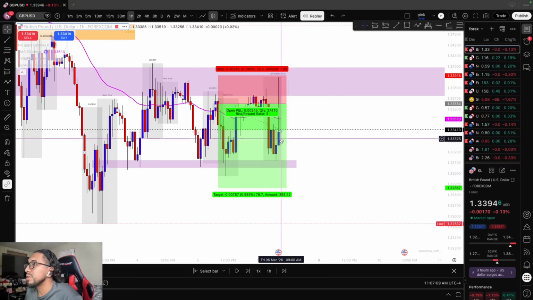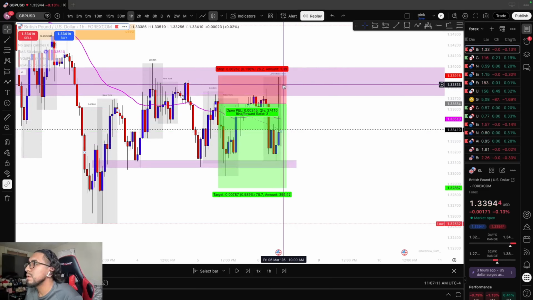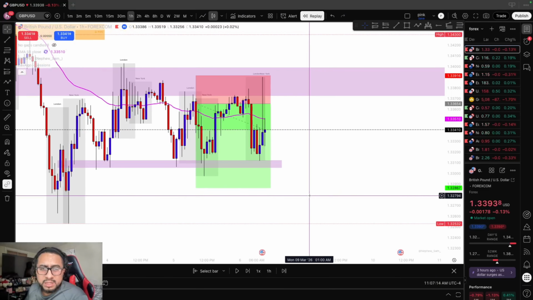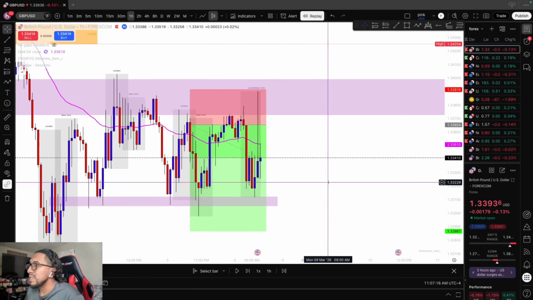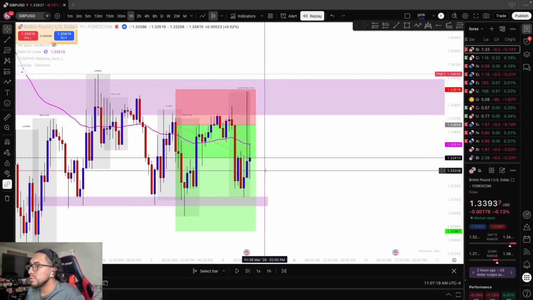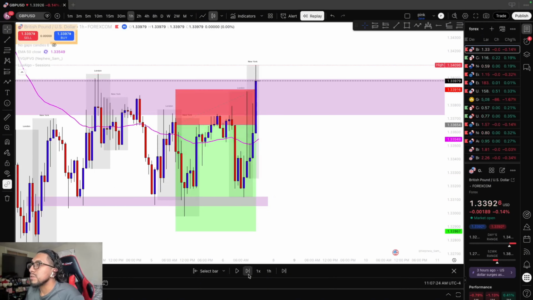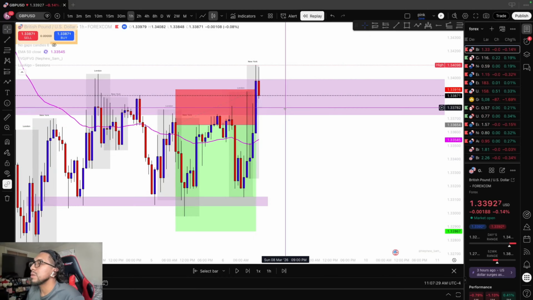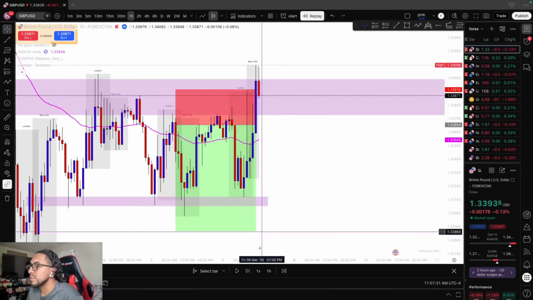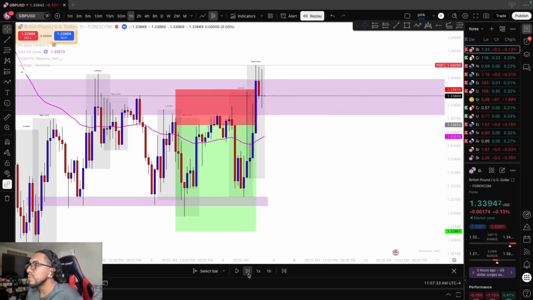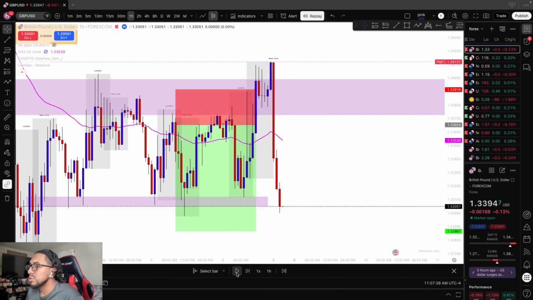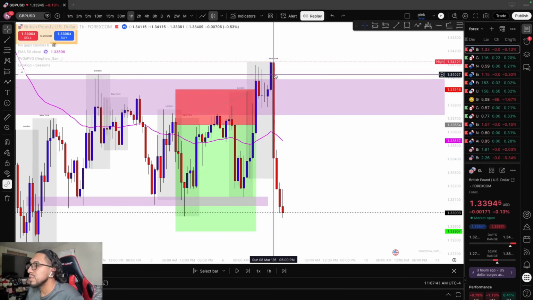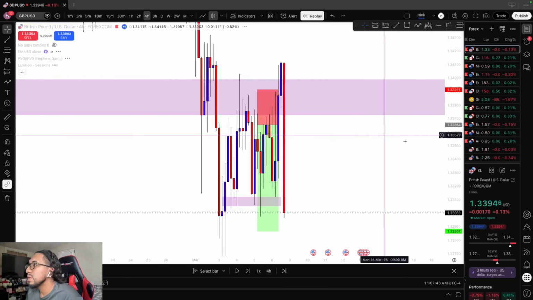Because at the opening of New York, we had this massive wick up, which every time, I don't say every time, but every time price has a massive wick up or to the downside, it clearly will fill that up, as you can see. Going into New York session around 11 p.m., we closed above, we filled the wick and closed off and continued going bullish. And yeah, that was where the market closed on Thursday, and then the market opened on Sunday with a massive sell on the 1 hour,